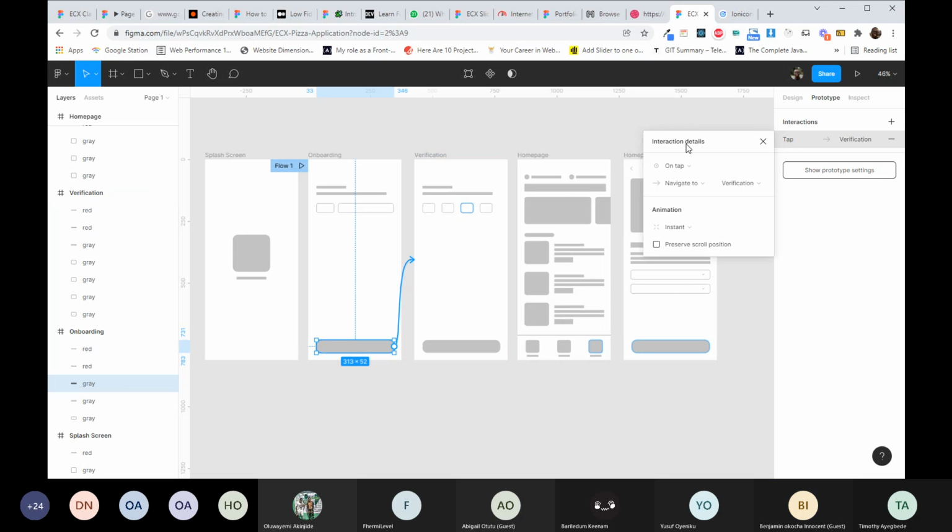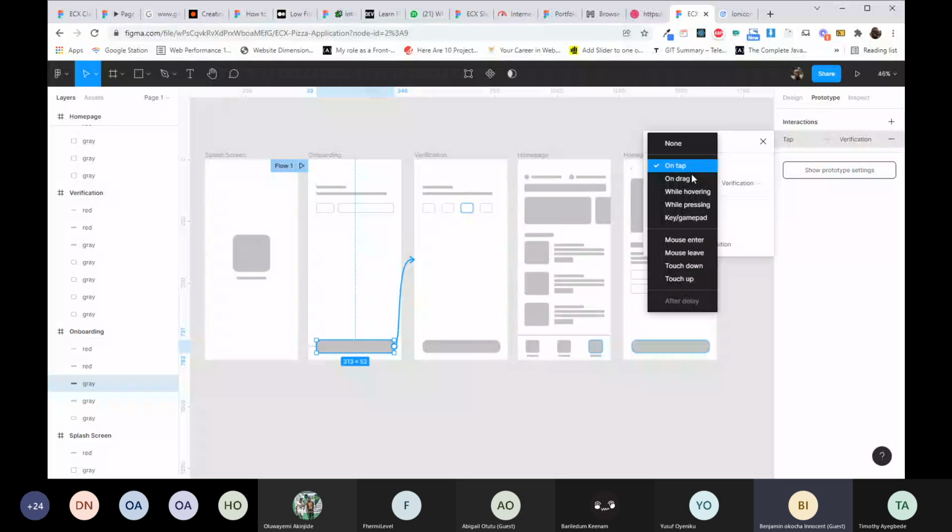And you notice this thing popped up. And it's asking me what I want. When do I want this to be triggered? Is it when it is tapped, or when it is dragged, or while it is being overlaid, or while it's being pressed, or